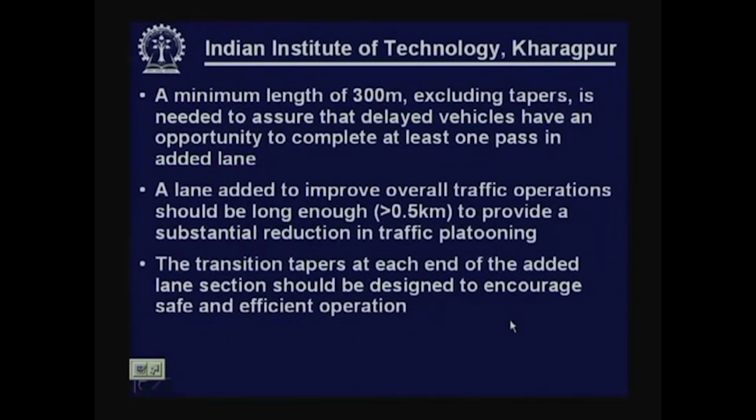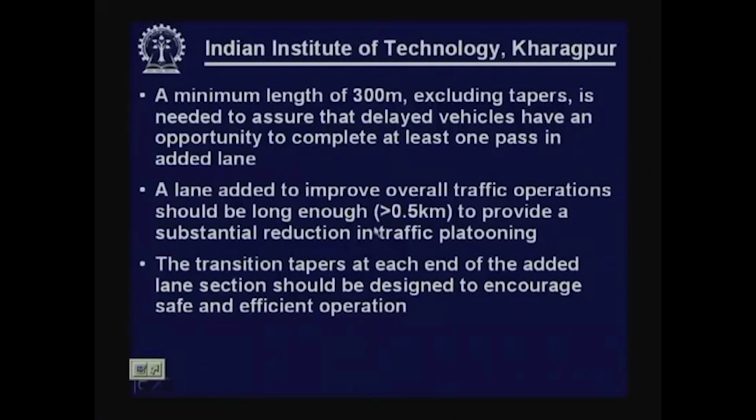A minimum length of 3 kilometers is recommended, excluding the length of tapers, to ensure that delayed vehicles have at least an opportunity to complete at least one pass in the added lane. So, a delayed vehicle should be able to get an opportunity to complete at least one pass in that segment or in that portion of the road. However, often